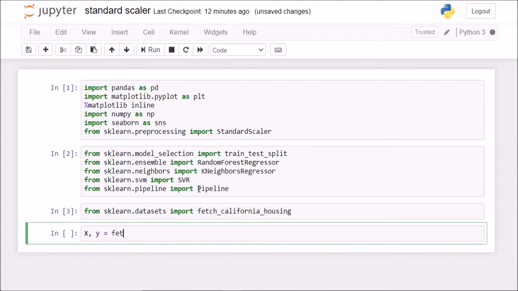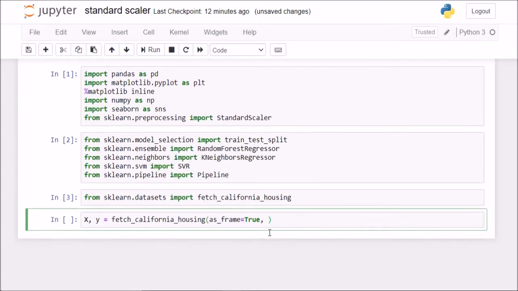I'll call an object of this, and I'll say as_frame is equal to True because I want this X to be a data frame. We'll see what it is actually in a moment. And then I'll also say return_X_y is equal to True because I want sklearn to segregate the data into X and y, into features and target variable, and return it to me in that sense.